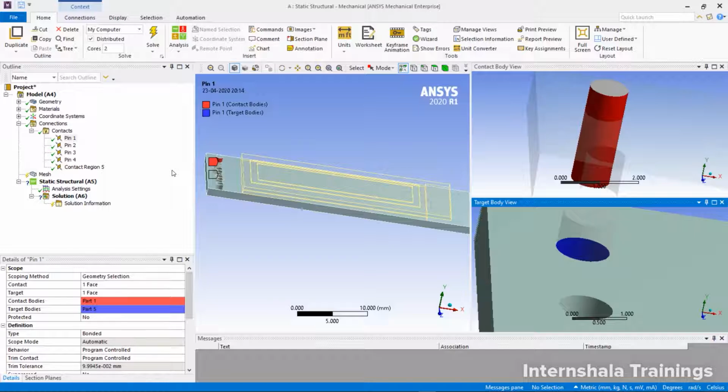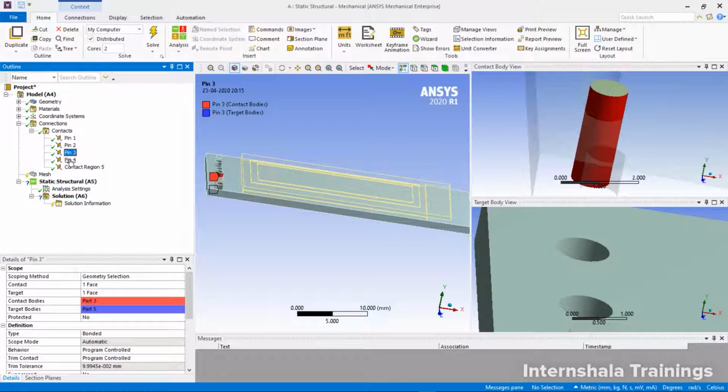If you come closer and observe different contacts, every contact type is only bonded. So what happens, whenever you take in an assembly, whatever the automatic contacts that are created, they all act as a bonded contact only. So this is the thing you need to change manually.